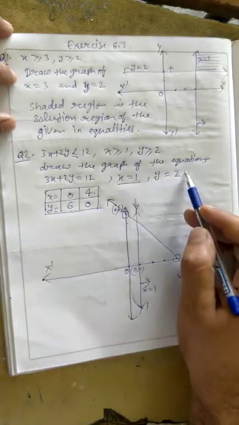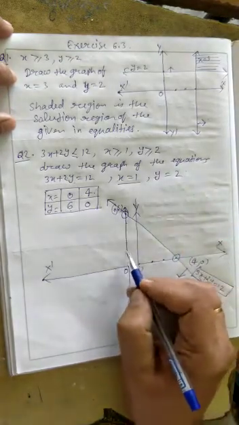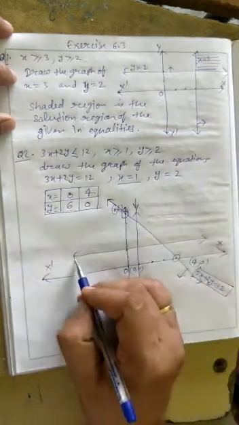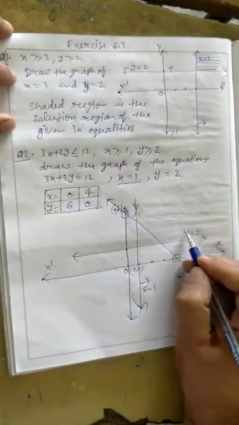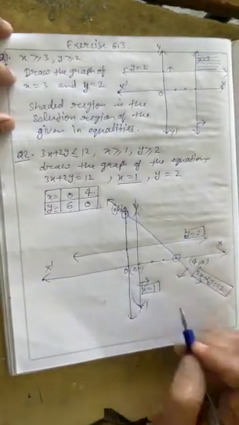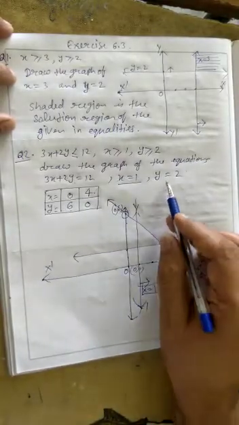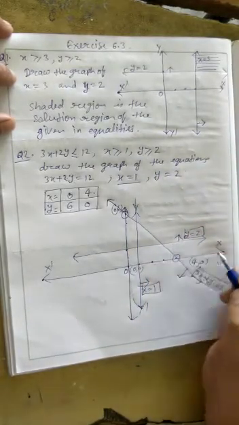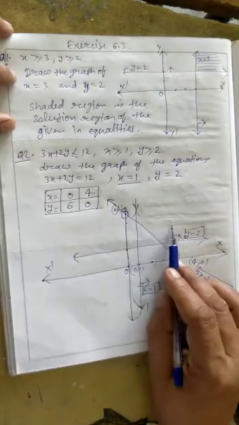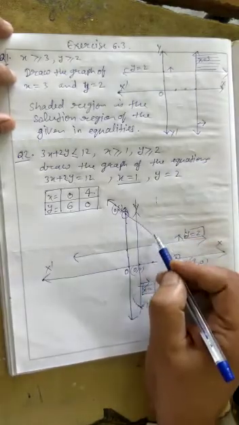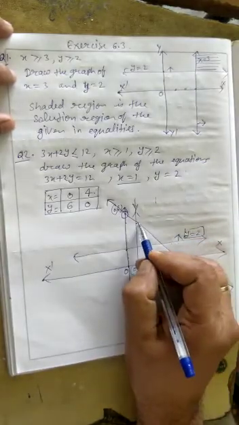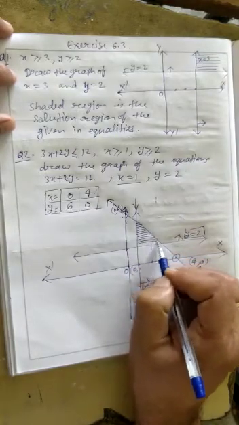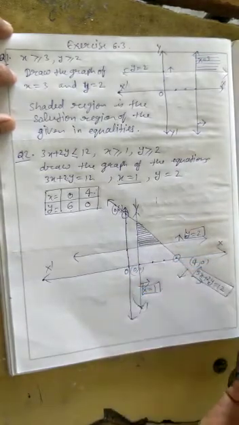Y equal to 2. So y equal to 2 means 1 and 2. This is the 2 and we are drawing the graph for y equal to 2. This is the graph for y equal to 2. This is the graph for x equal to 1. Y greater than or equal to 2 means 2 or greater than 2. So it must be above this line. Right side to this line, upward to this line and below this line. It means this shaded region is the solution region for these inequalities, the combined solution of these inequalities.